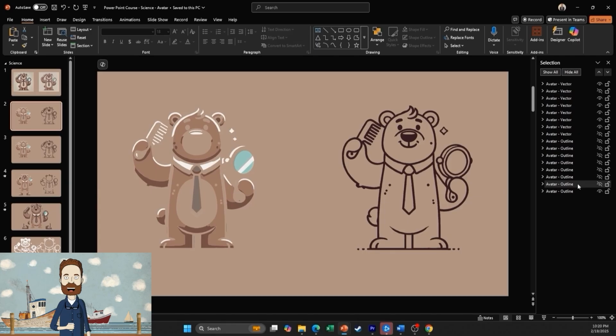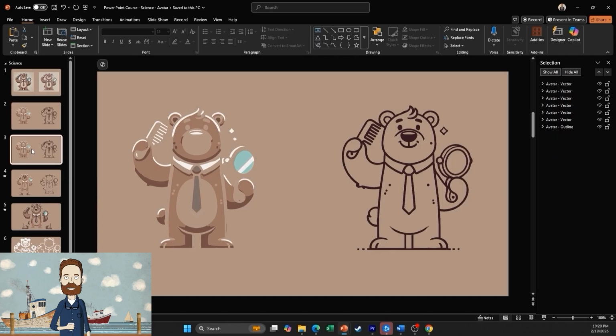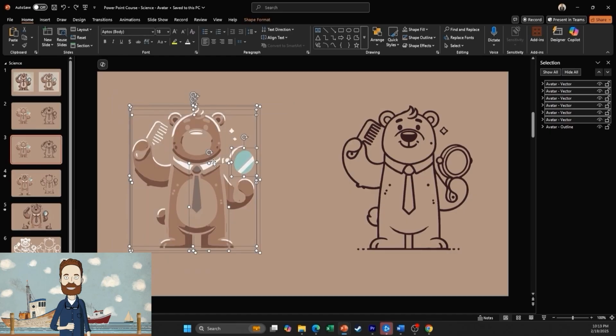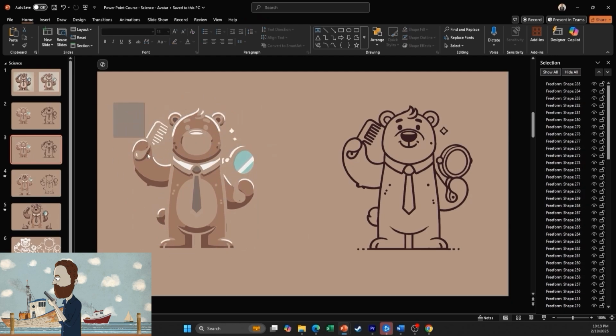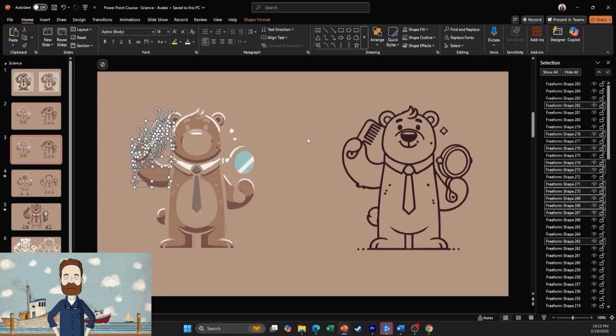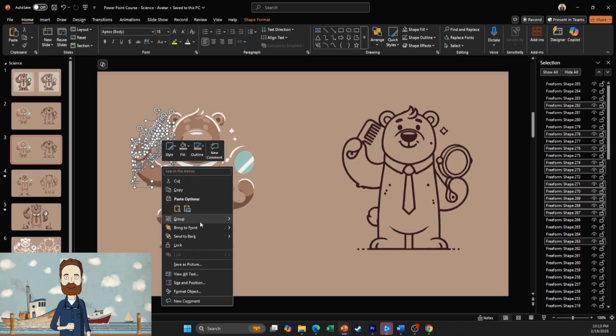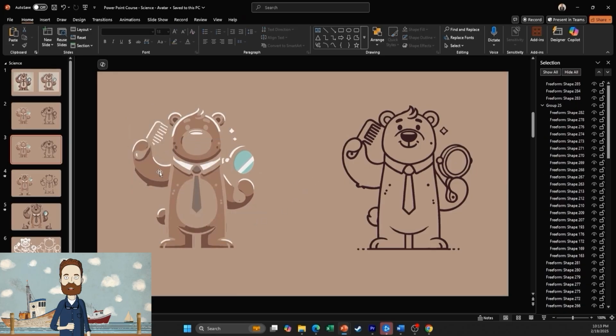But before I could start animating, I had to group the arms, legs, torso, tail, and head into individual pieces. On slide 3, you can see how I had to ungroup and then regroup each section of the body to make them separate, movable parts for the animation. I did that for each of the pieces, but when it came to the outline, I ran into an issue. Since the outline was one continuous shape, I couldn't separate it into individual parts within PowerPoint.